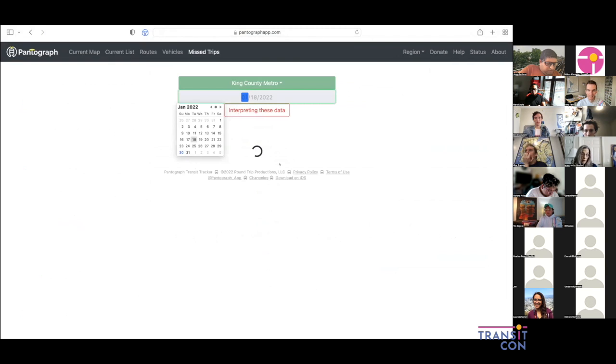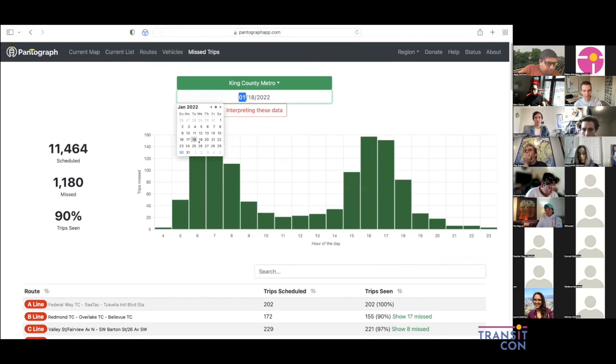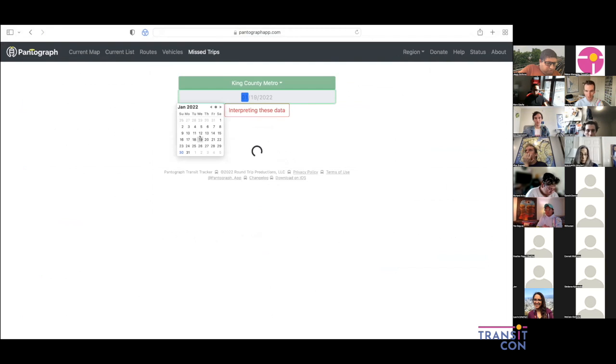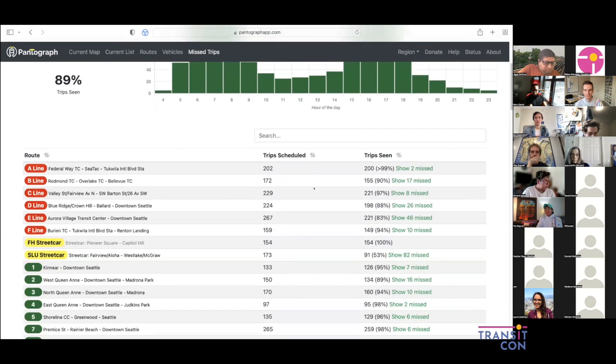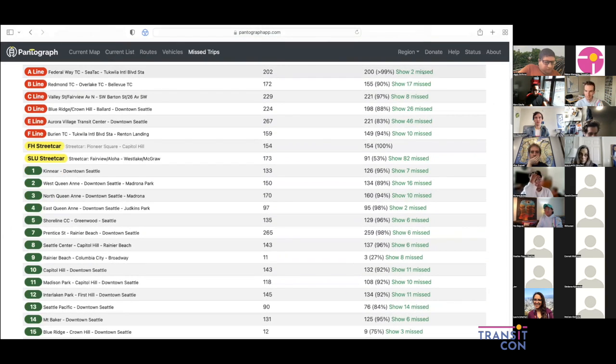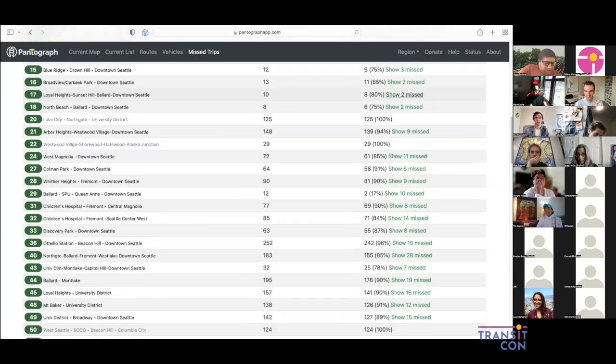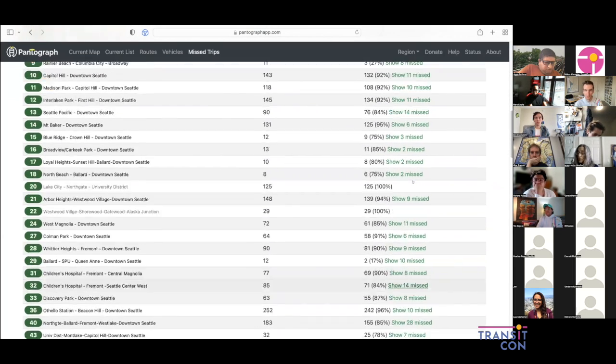If we look at any given Tuesday in the last week, they ran about 90% of their trips according to the real-time feed. And on the following Wednesday, if I pick my dates right, okay, there's a slightly more stark example, but that was a little bit different on that Tuesday versus that Wednesday. Other dates will have a little bit more strong variation, but as you can see here, we can also jump through and see how this varies across routes as well.